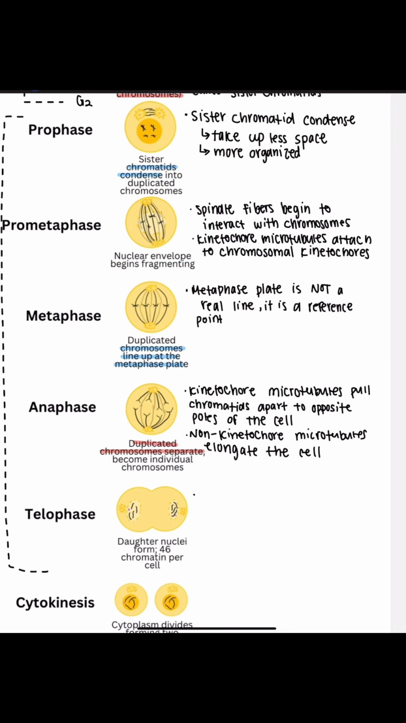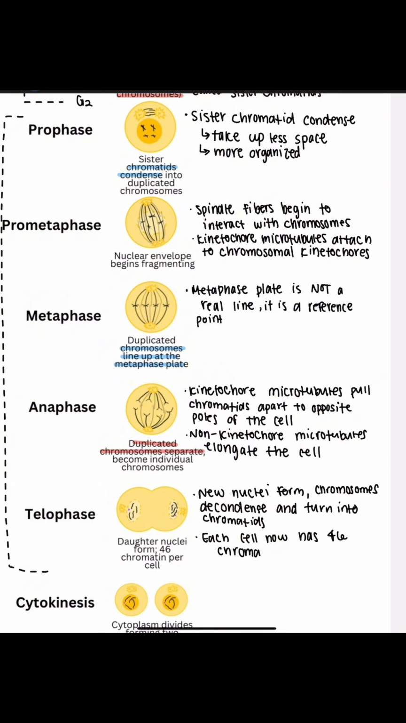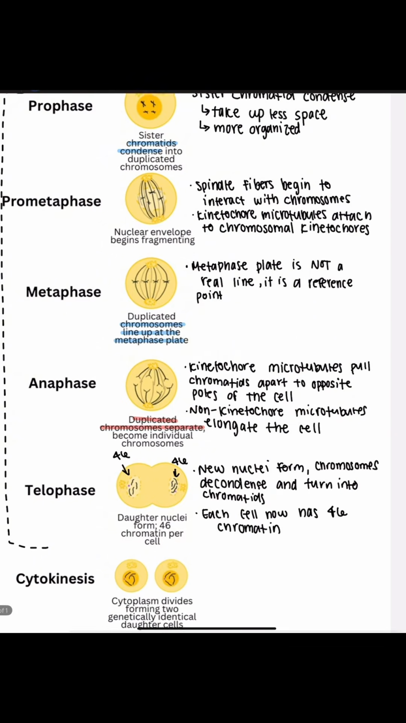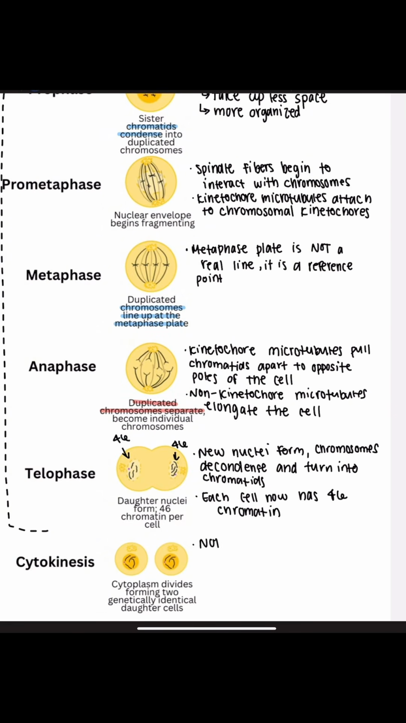elongate the cell. Then in telophase, we're going to have new nuclei begin forming at the end of each cell. The chromosomes are going to begin to decondense back into chromatin, and a cleavage furrow is going to begin to form, which is where the cell starts to split. And then lastly, we have cytokinesis, which overlaps with telophase, but it is not a part of mitosis. It is a separate process that happens